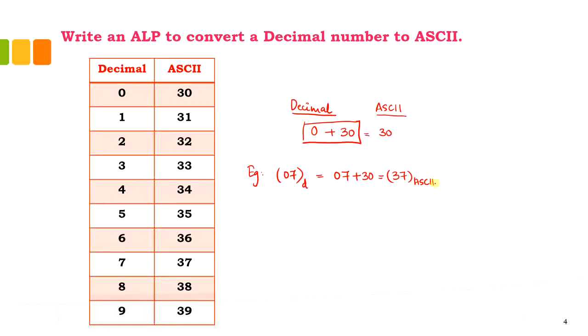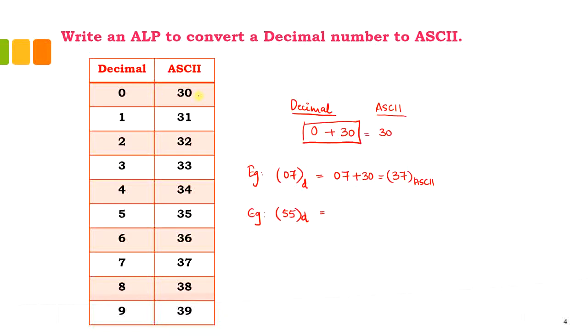Now if I input any data other than a number that lies between 0 and 9, say I am considering an 8-bit data itself, but now my input data is, say, 55D. This 55D, as you know, you can represent in the form of 8-bit data. But for ASCII equivalence, my decimal number should be between 0 and 9. Only then can I obtain the ASCII equivalent of that number.